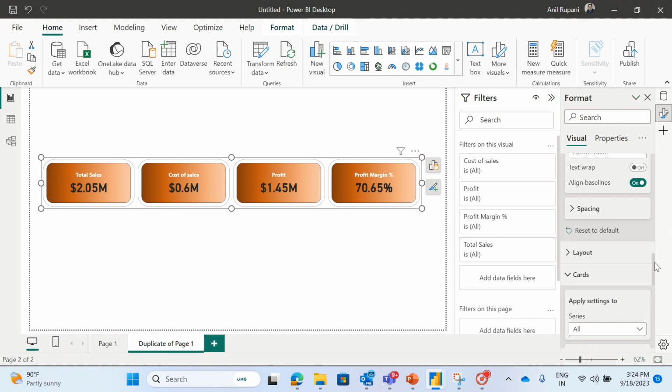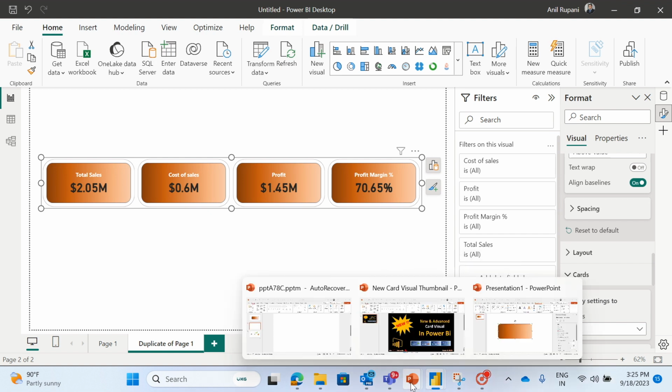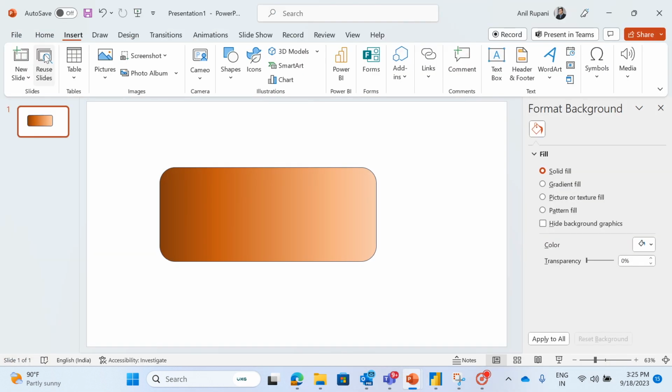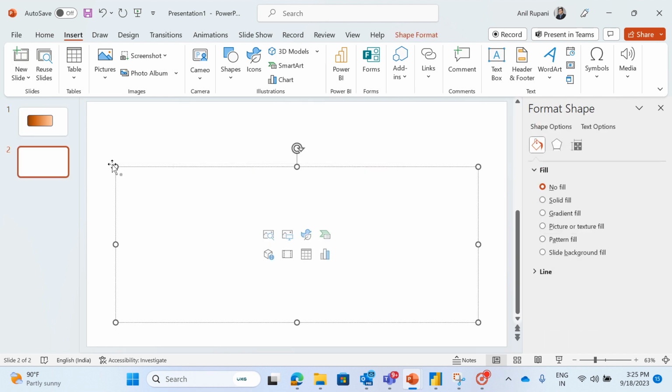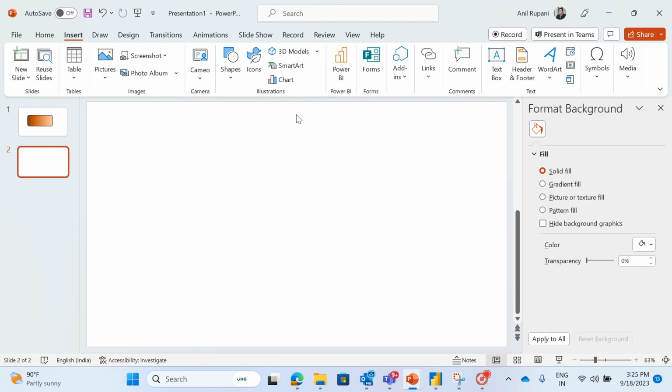Now we can add infographics as well in these card visual. We'll first bring the infographics from PowerPoint, and then we will add those infographics in the card visuals. So we'll go back to our PowerPoint. I will insert new slide. I will remove the title and text fields here. Now I will have to add the infographics for sales. So I'll go to insert and picture. I would select online picture,